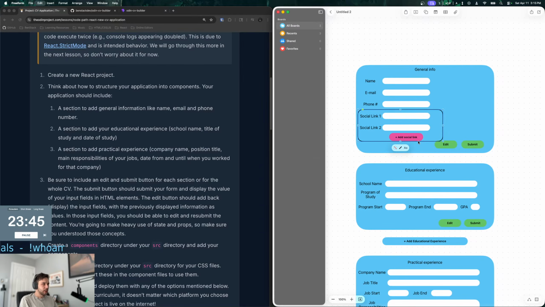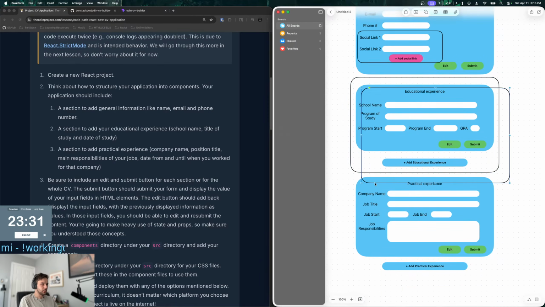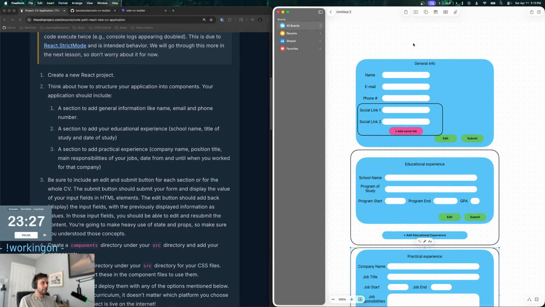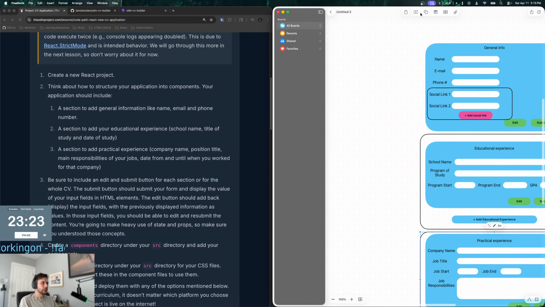Okay, so I'm highlighting things that need to be lists, right? So this needs to be a list. That needs to be its own list, and this needs to be its own list. So I'm going to do this over here. Get an arrow.